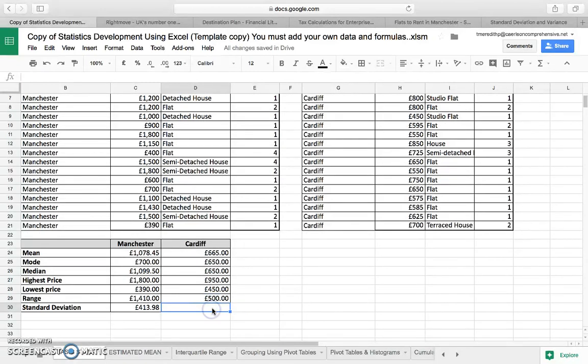Standard deviation is quite a long formula. There's going to be a link on this to explain what standard deviation is for non-mathematicians, but it's quite complex to work out on pen and paper. But for this, it's just as simple as equals STDEV, standard deviation, open bracket, H2 colon H21, oops, get that right now, H21, and the standard deviation is